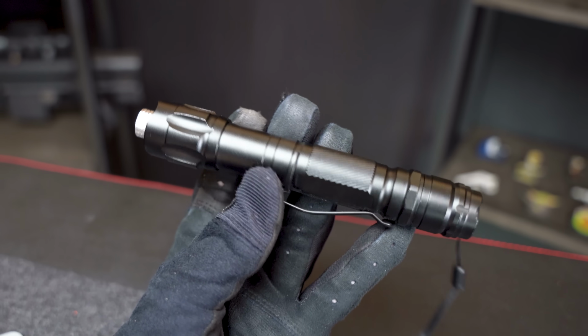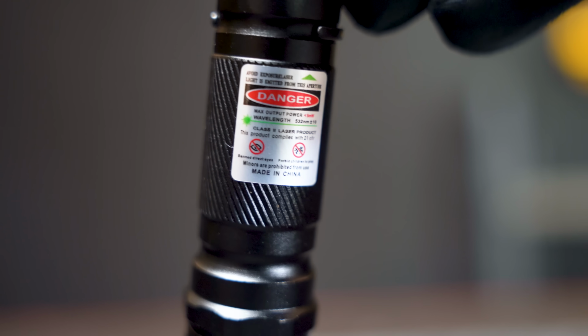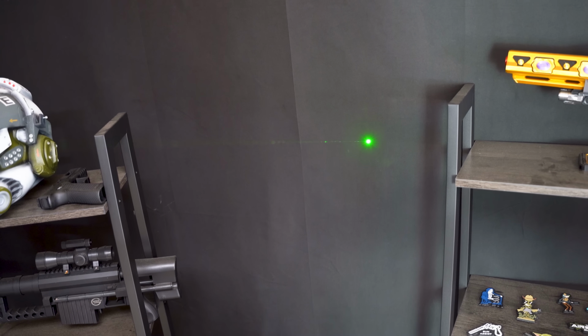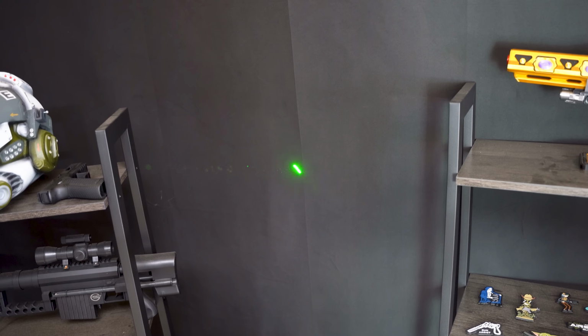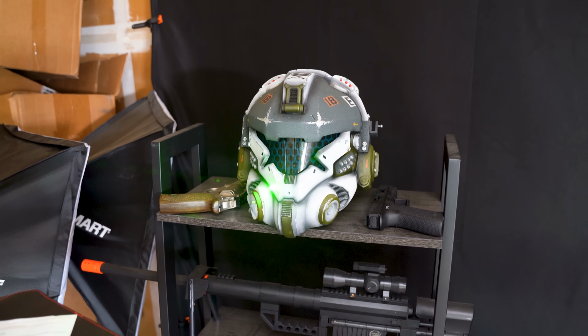Now let's go ahead and talk about illegal lasers. Sometimes fields will allow just red lasers and not green lasers, just because red lasers are a little bit more sensitive on your eyes and don't do as much damage. But even if the field does allow you to actually use green lasers, you're definitely not allowed to point them